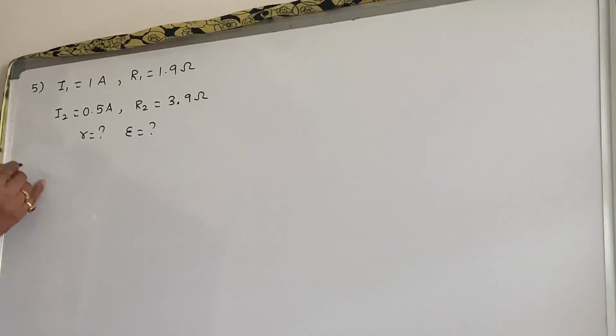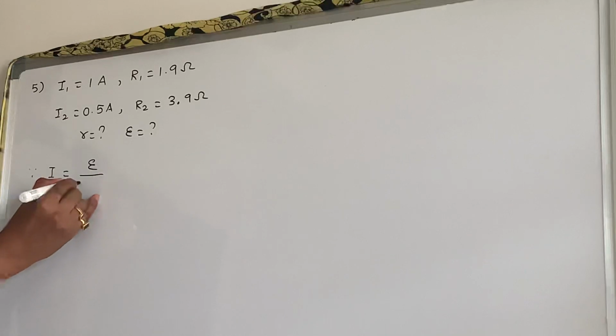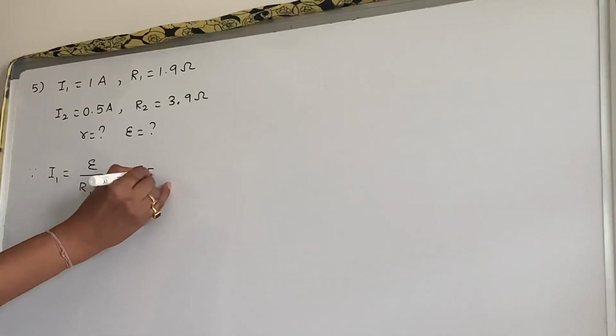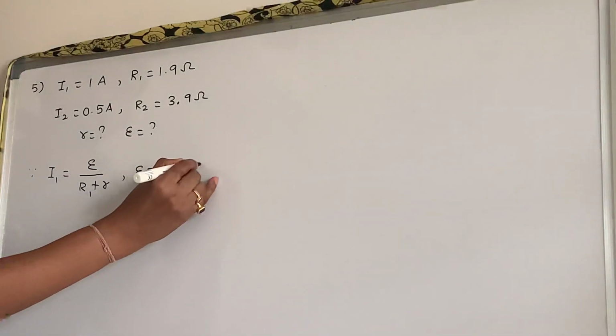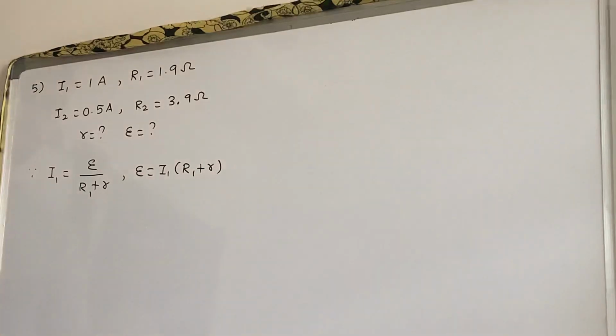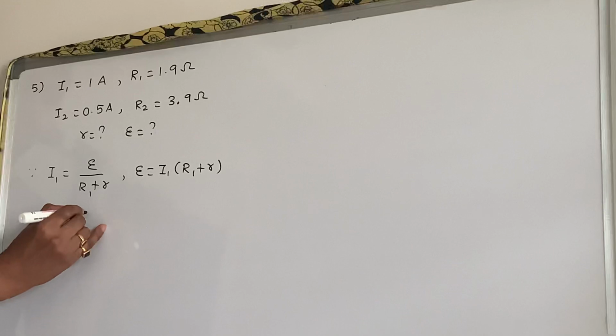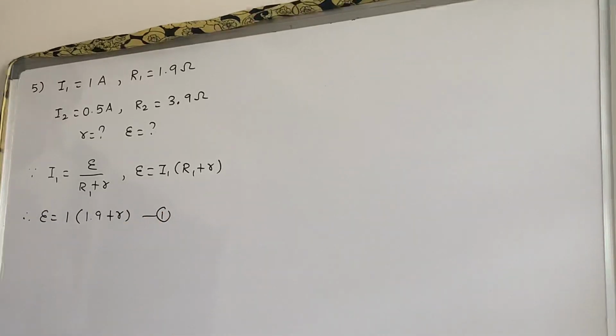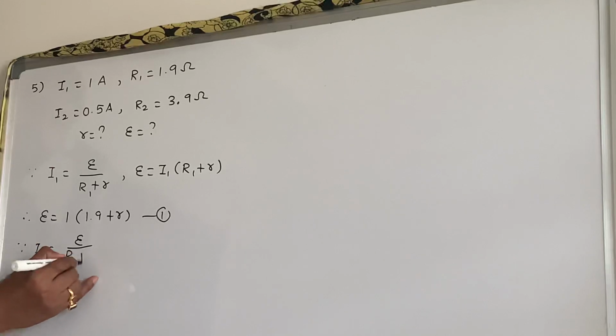So we have, according to Ohm's law, for the complete circuit, I is equal to EMF upon R plus small r. So this is I1, this is R1. I can write here E is equal to I1 times bracket R1 plus small r. Right? Therefore, E is equal to I1 is 1, this is 1.9 plus small r. Equation number 1. Similarly, I can write here,